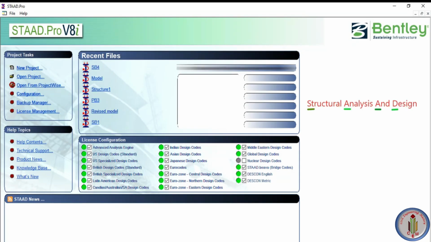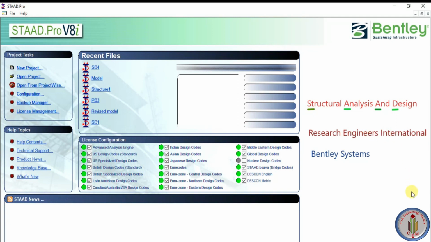First, let's see what is the abbreviation for STAAD. It is Structural Analysis and Design. STAAD. So this is the abbreviation for STAAD. STAAD.Pro software was developed by Research Engineers International in the year 1997 and later on in 2005 Bentley Systems bought STAAD.Pro software from Research Engineers International.